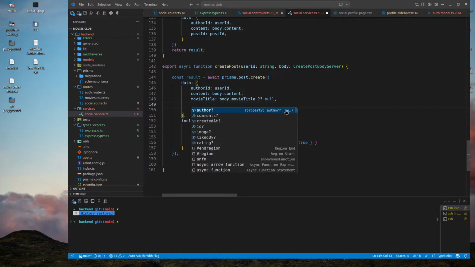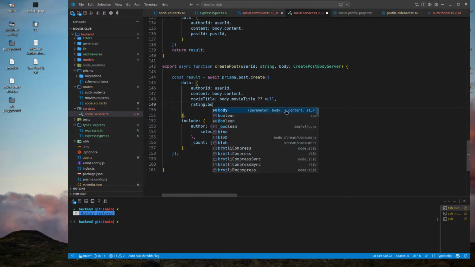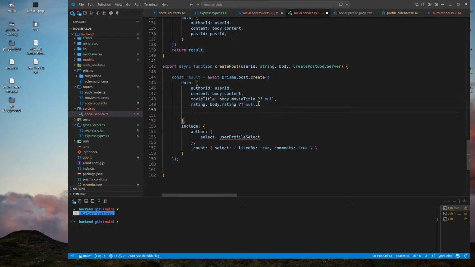Then we also have the rating. Body dot rating, and if it's null or undefined, null. I think this is correct. Yeah, it's okay. Do we have something else? Image.